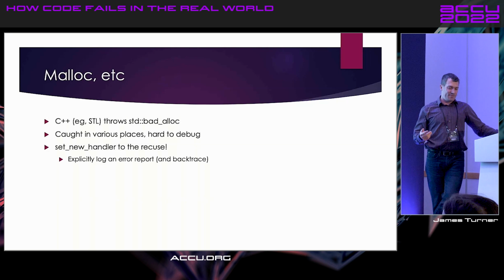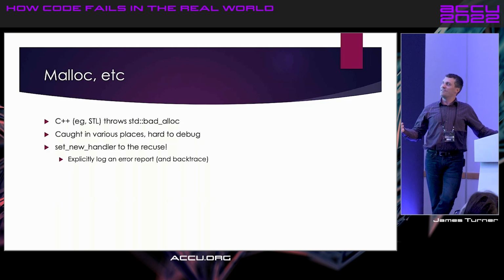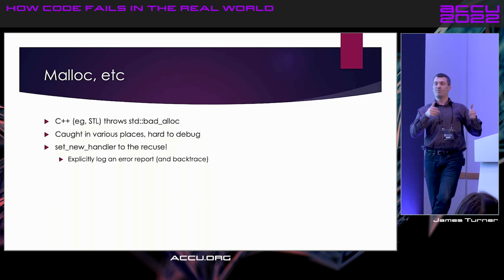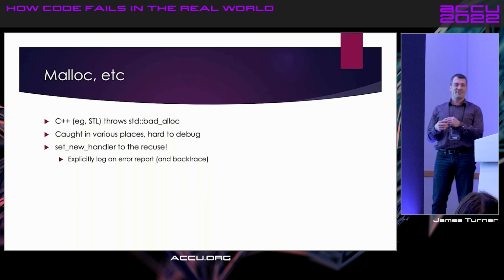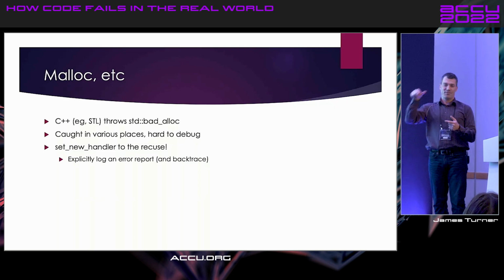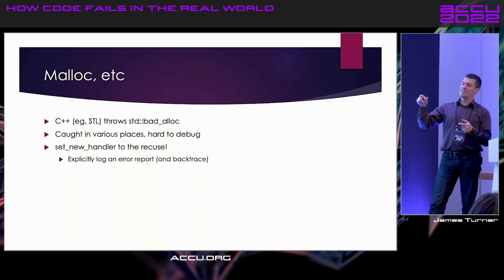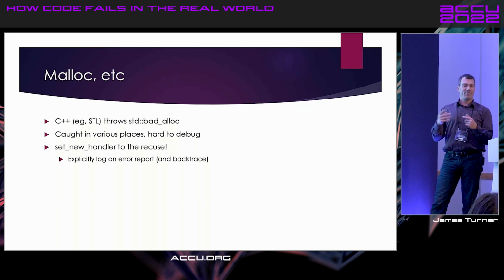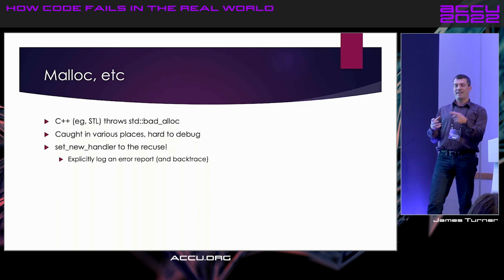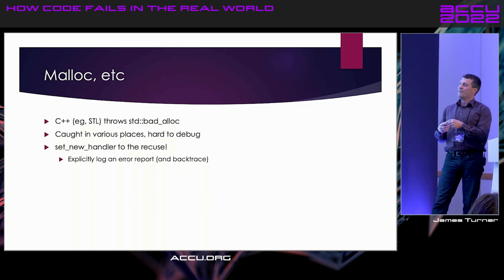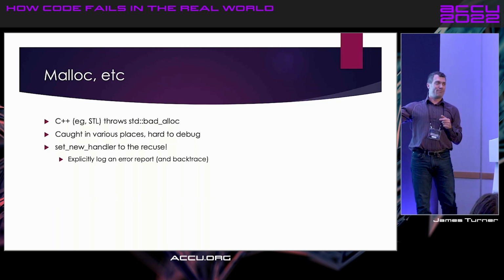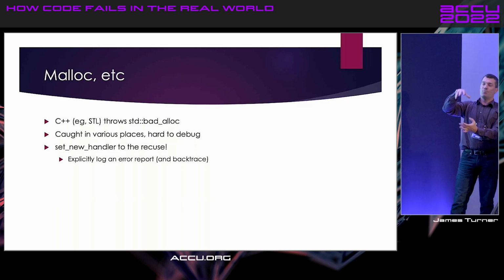So to figure out where these are coming from, the thing that really saved me here is set_new_handler. Who's aware of that? Because I had to go and learn it. Cool. So yeah, if you're ever in this kind of situation, set_new_handler lets you replace the global new handler and do something. So you're in the call stack at the point that, for example, the malloc fails. And at that point, so this is the next thing we're going to come on to in a slide or two, once you have a crash reporting library, you also have a way to capture arbitrary backtraces in your program. So that means in set_new_handler, I can therefore go and grab the stack